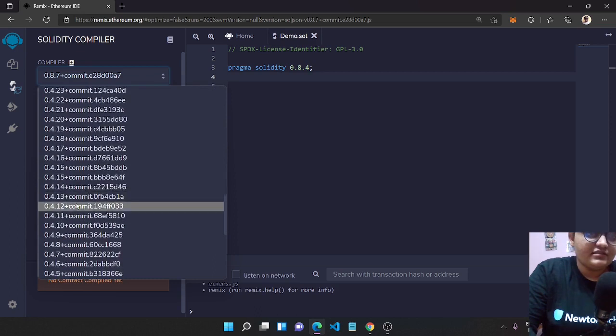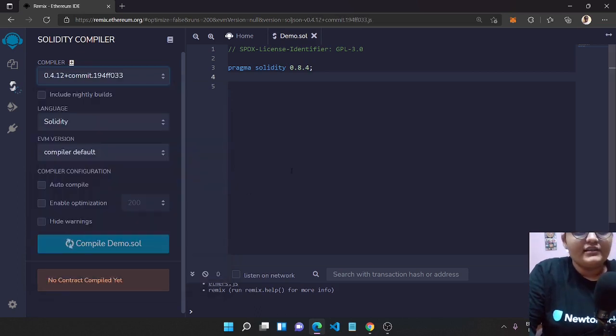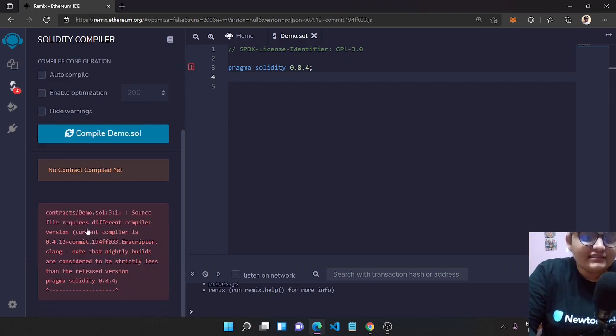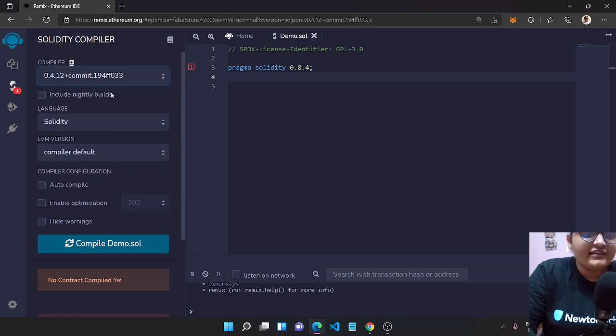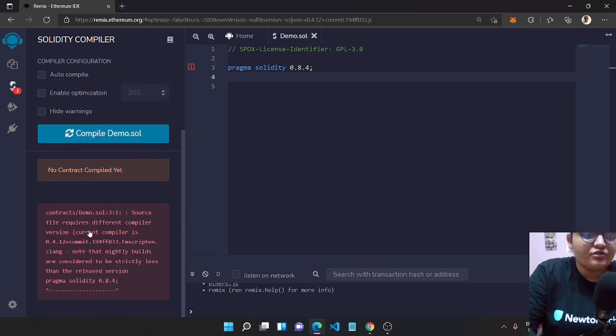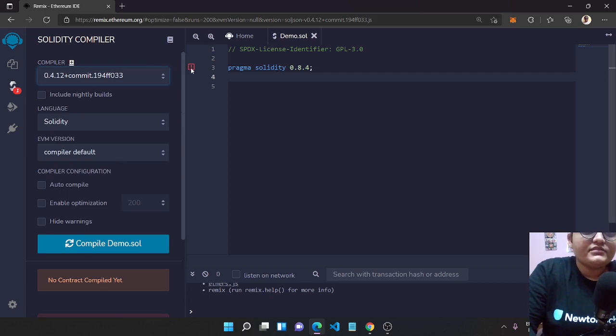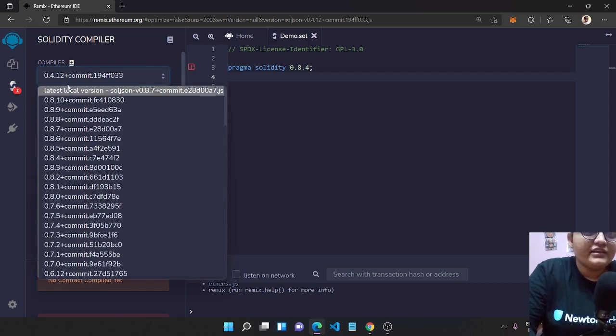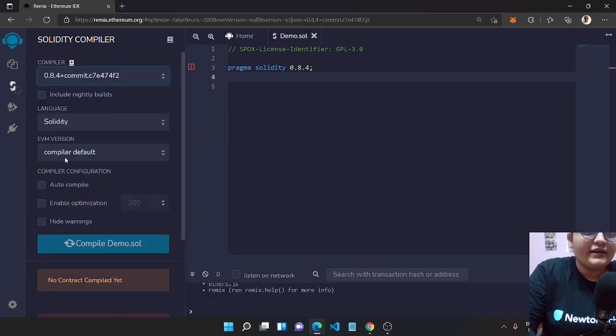Okay, let's just compile. This particular compilation gives you an error, and it states that the source file requires a different compiler version, and you have selected some other version. So your version was 0.4. To avoid this error, you need to specifically put 0.8.4. So now when our file gets compiled, it won't give you any error and there would be